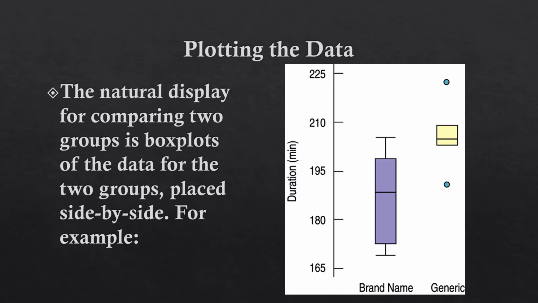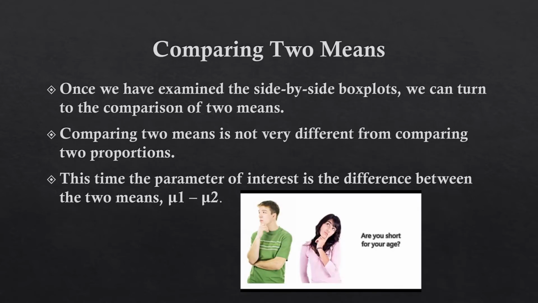So in this case, we have two box plots and we can compare their shape, outliers, centers, and spreads. What we're going to see from here on out in this chapter is how we can get much more specific in our comparison of two groups. Once we have examined side-by-side box plots, we can actually turn that comparison into a test or interval of two means. So let's say that the two previous box plots were the duration or length of life